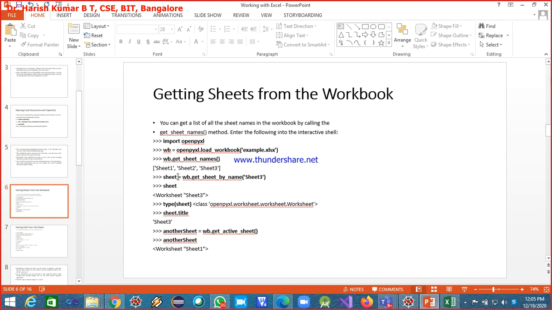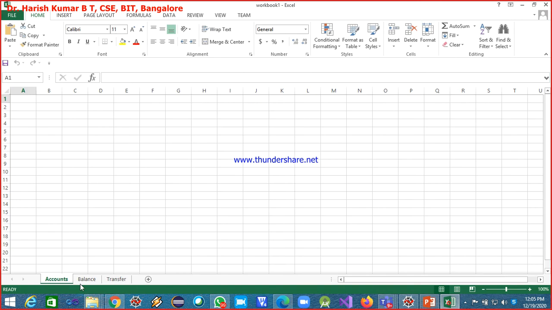So next, after getting the sheet names, I'm using one more method, get_sheet_by_name. If you're interested in getting all the sheets, you can go for get_sheet_names. If you're interested in getting only a specific sheet, then this is the method, get_sheet_by_name, and you have to pass the name of the sheet. Say in this I have 3 sheets or 3 pages, and I'm interested in only this accounts page.